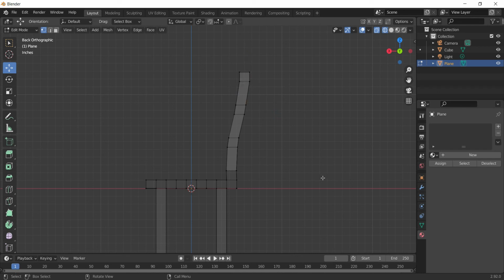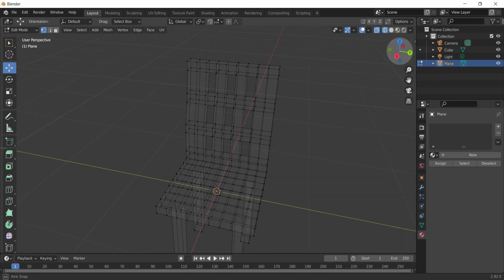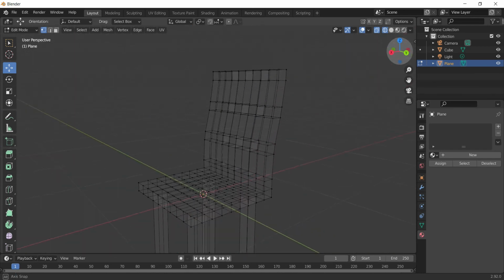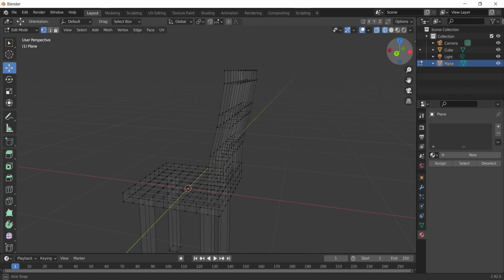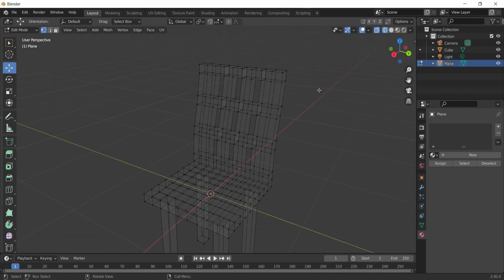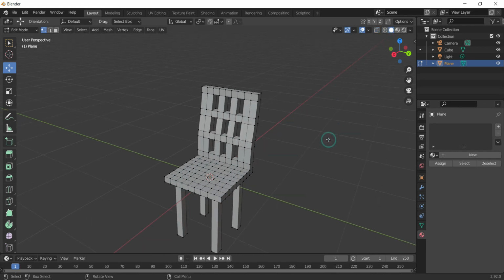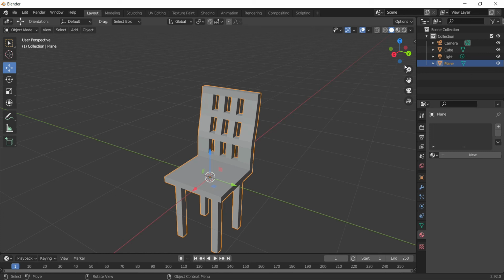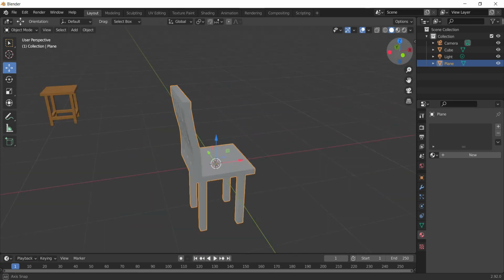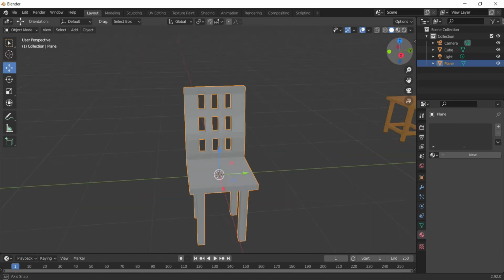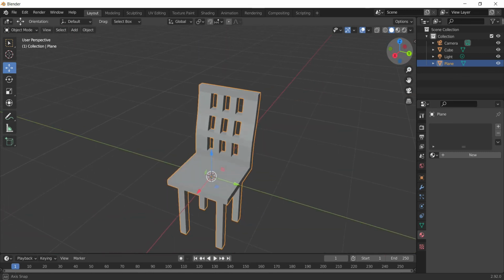All right, so I want to give this kind of slant angle to my chair, which makes it quite comfortable to sit on. So I'll press Z and choose solid so that I can check the final design of my chair. Okay, so I am pretty much happy with this design.